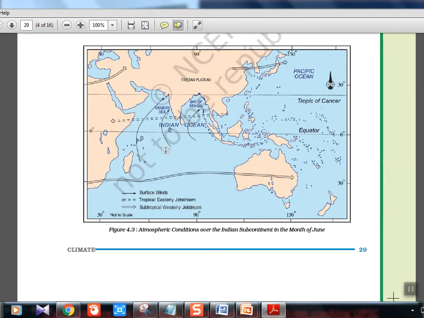Another thing which you have to learn, which is very important for UPSC, is what is the El Nino effect, what is the Indian Ocean Dipole, and then I think the Southern Oscillation. There are terms like this on which UPSC has repeatedly asked questions. That is all based on phenomena which happen over 2 to 3 years. Like, this is the Indian Ocean, this is the Pacific Ocean. I'm explaining most of the things through pictures so that you will understand. The text will tell you the same things only.